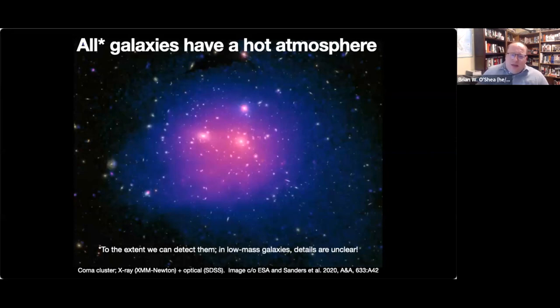And so galaxies like the Milky Way have a circumgalactic medium where if you add up all of the diffuse plasma that is outside of the disk of the galaxy, but within the virial radius, it's about half of the mass of the baryons in the entire system. So stars plus ISM are about 50%, CGM is about 50%. And as we go to larger galaxies, we see that that is true as well, and the fraction grows.